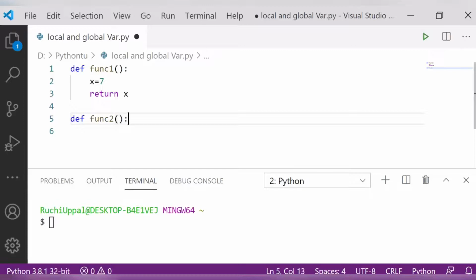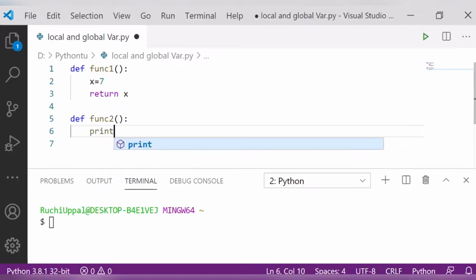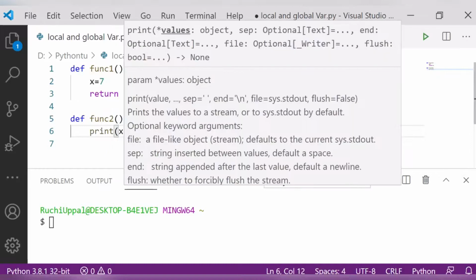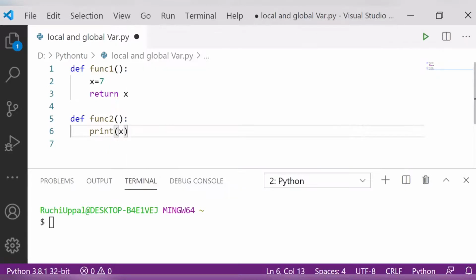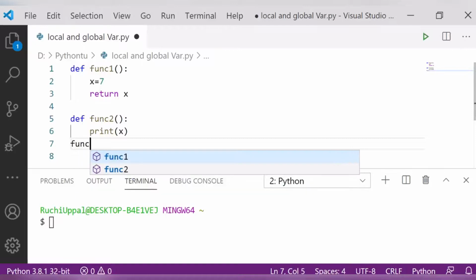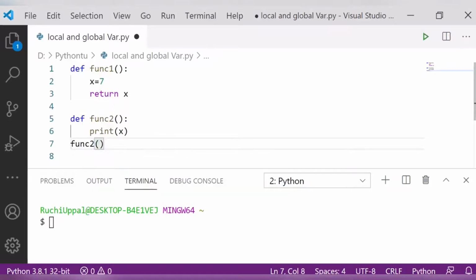Fine. Now I want to print my x, the value of x. So we have to check, and let me call my function 2. Let's run and see what output will come.